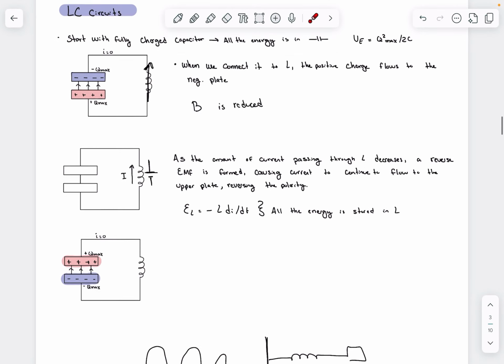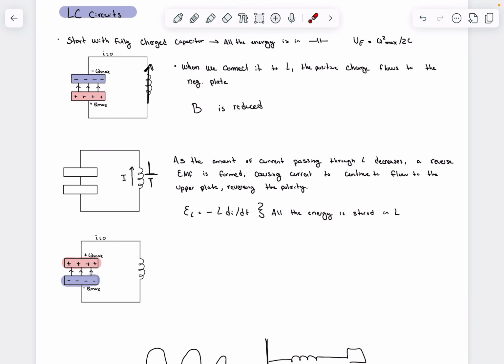I recommend going to the textbook and reading over it a little bit more because it does give you that analogy between the LC circuit and the spring itself. So saying like at this point here, what does that correspond to when we're talking about a spring mass